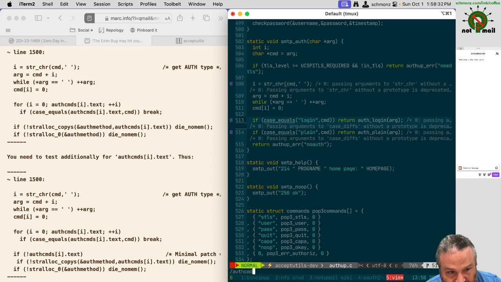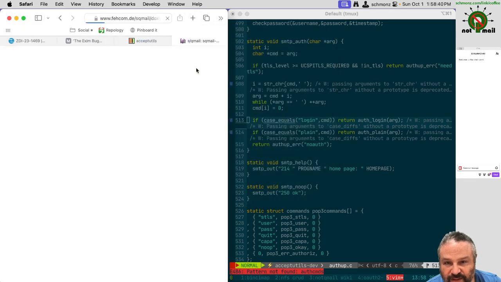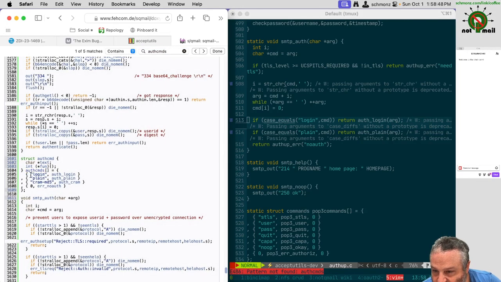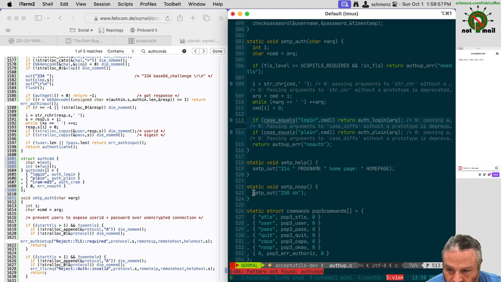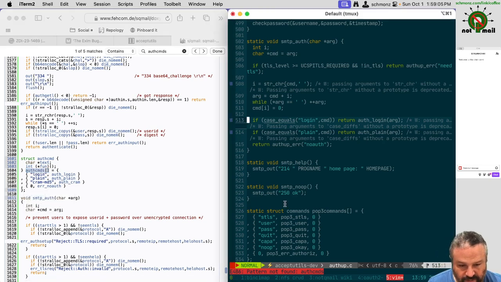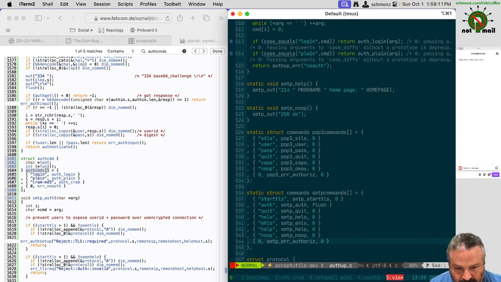Do I have anything called auth commands? No. I closed the window, but let me bring it back. What is auth command? So he has a struct auth command, text and a function, and it looks a lot like my little table. With a string and a function, a string and a function, a string and a function. It looks a lot like what I have,